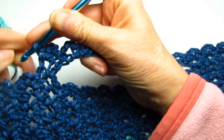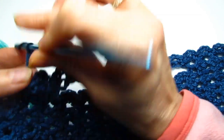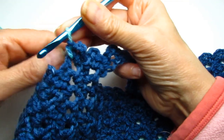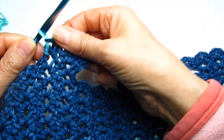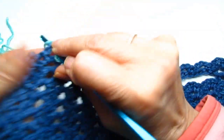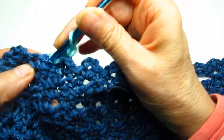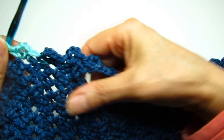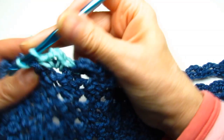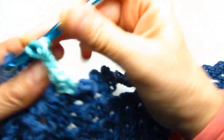So just keep doing this, and 1, 2, 3, go back in that chain 3 space, make another single. Oh, and there it goes. The yarn color is changing. I love when it changes. Go into the next one, make a single crochet, chain 3, go back in, make another single. I'm just going to do this right to the end of the row and go back in, make another single,